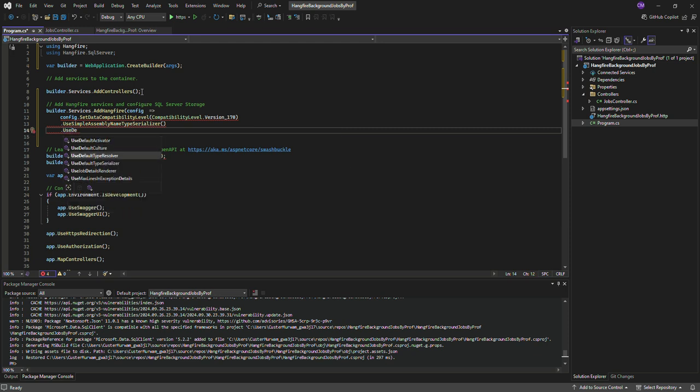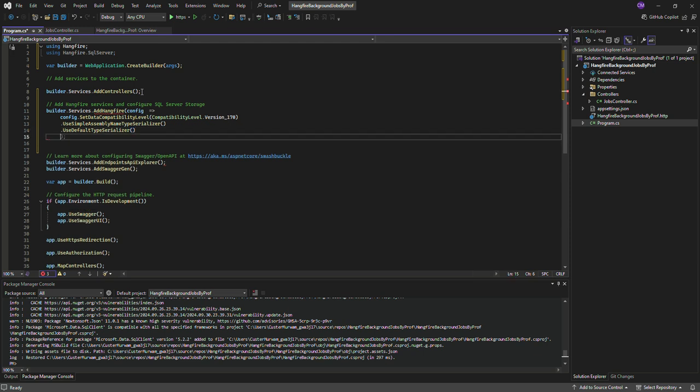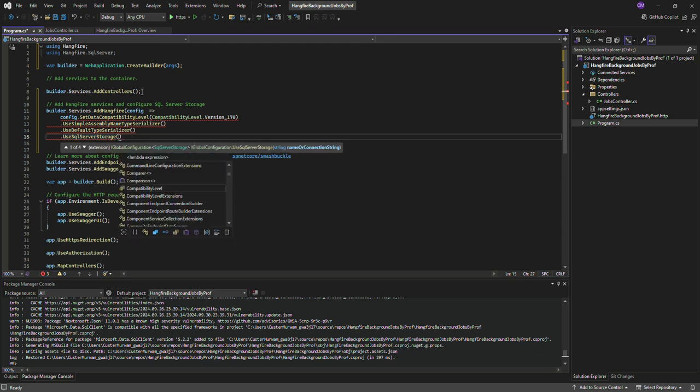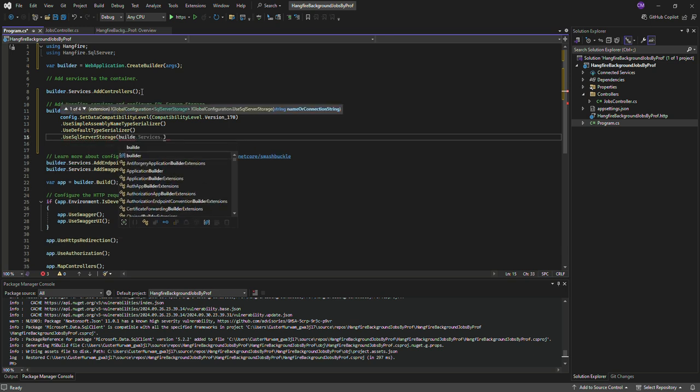Let's do default, which is this default type serializer, UseRecommendedSerializerSettings, and then do that and just put these two guys in front here, and then go one step down again and you will say dot and use SQL Server storage. So then you will say UseSqlServerStorage, then just open a bracket and do builder